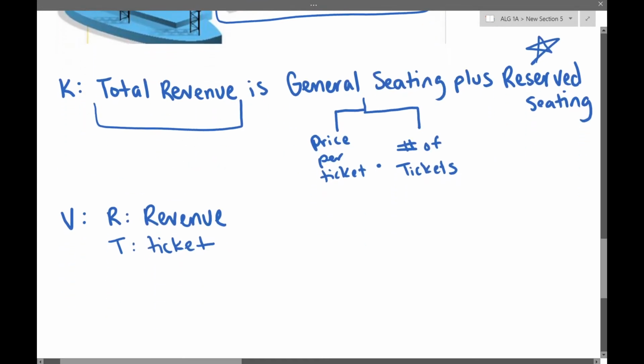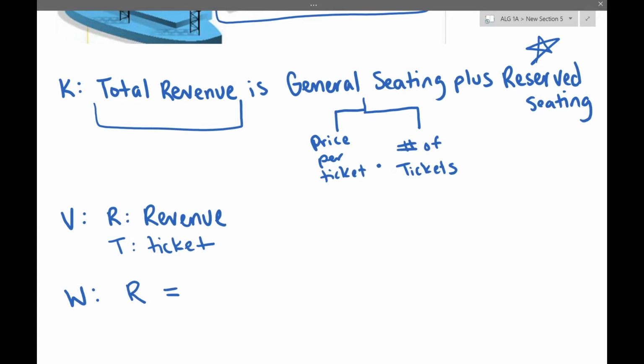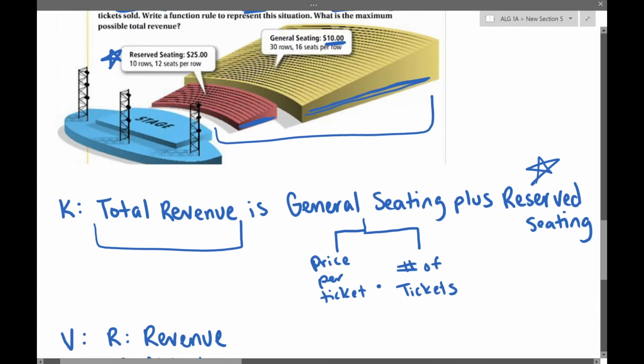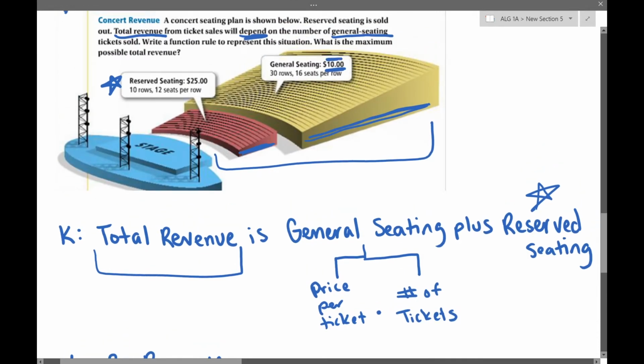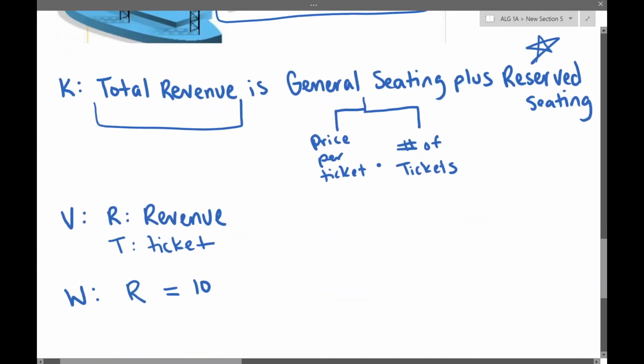Okay, so now let's create our problem. Let's write it out. Our total revenue, do we know that yet? No, my revenue is R. My R equals general seating. Well, do I know the price of that? Yeah, the price is $10. It says it up here. Do I know the number of tickets sold? No, so I have to multiply 10 and N. So 10N, and